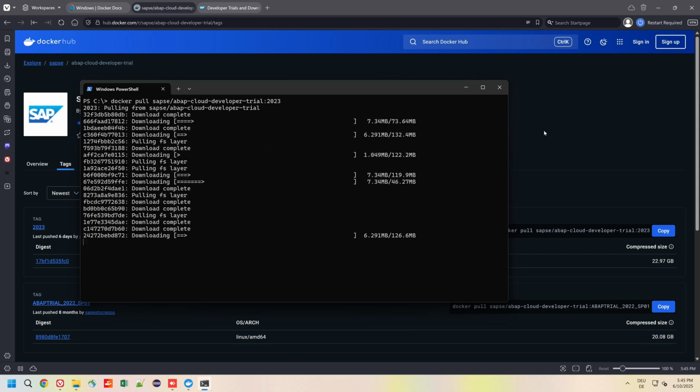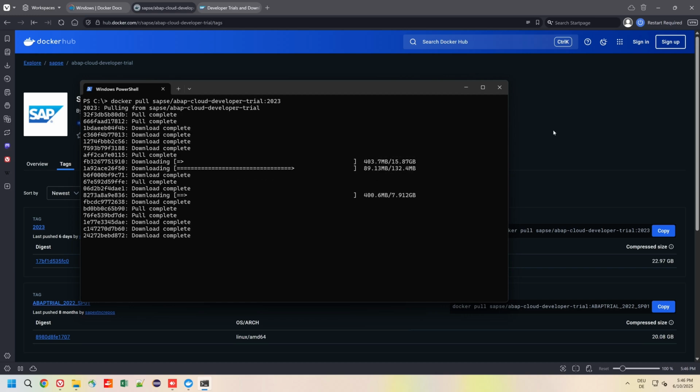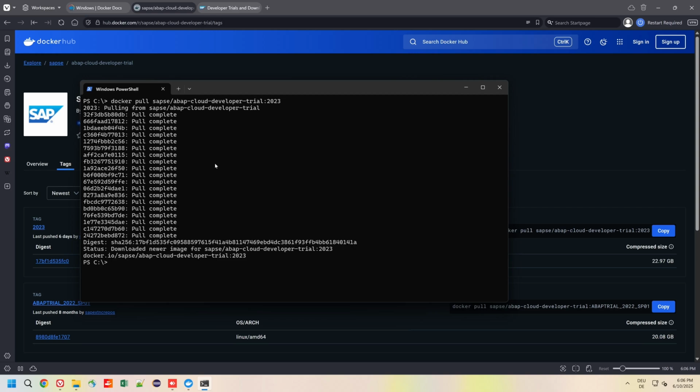After that, the necessary files are pulled. And again, I have sped this up a little bit because this takes some time. Now we see the image is now on our PC.